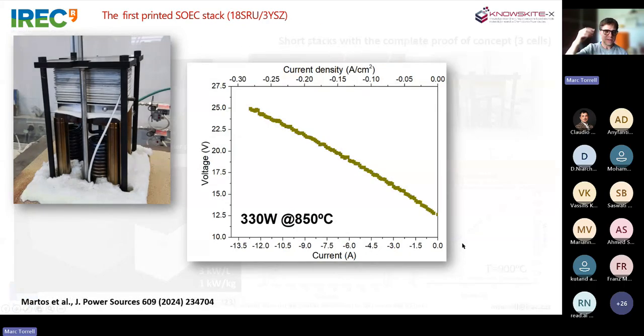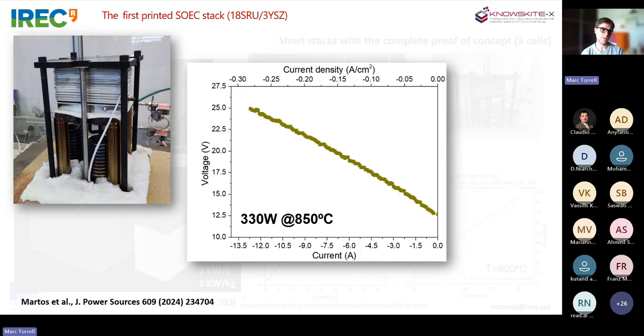Okay, we keep on scaling up this technology, and our last achievement, which has been published in the Journal of Power Sources, was the testing of an 18 single repeating unit stack based on 3YSZ, achieving this 330 watts at 850 degrees, which is a very nice result considering that we are using 3YSZ as electrolyte and 250